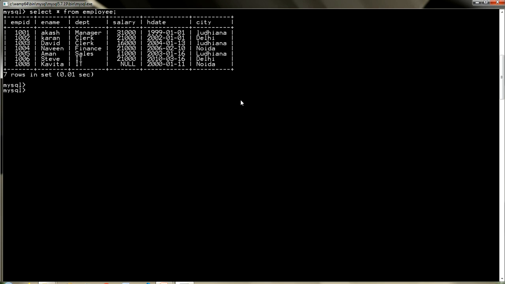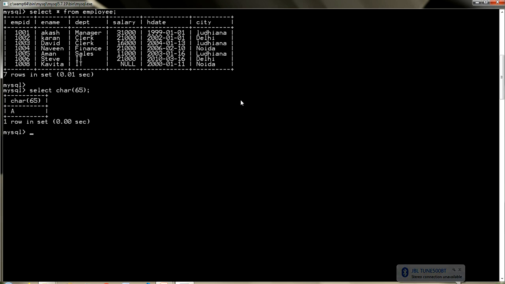So my first function that I'm going to teach you is char. If you write down select char, and if I write down 65, let's see what answer it gives. The answer will be A. Now why has A come? Because there is something called ASCII codes.